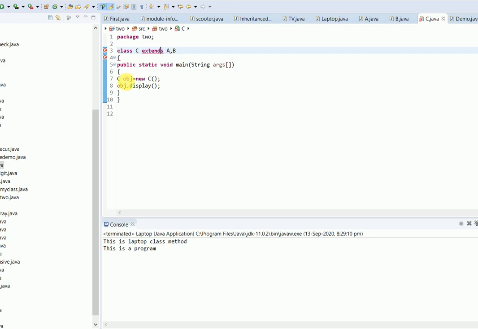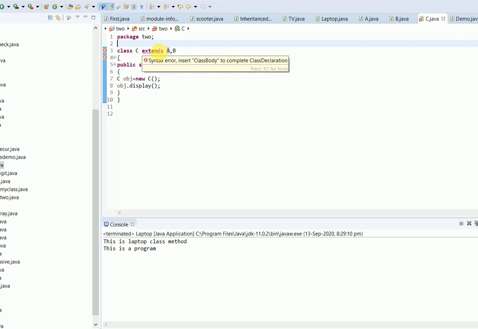When through the object of C you try to access the display method, it will cause the ambiguity error. It will not be able to decide whether you are calling the display method of A or of B. That is the reason multiple inheritance is not supported, and that's why it is giving an error here. You cannot extend two or multiple classes at the same time. That is, you cannot implement multiple inheritance in Java, right?